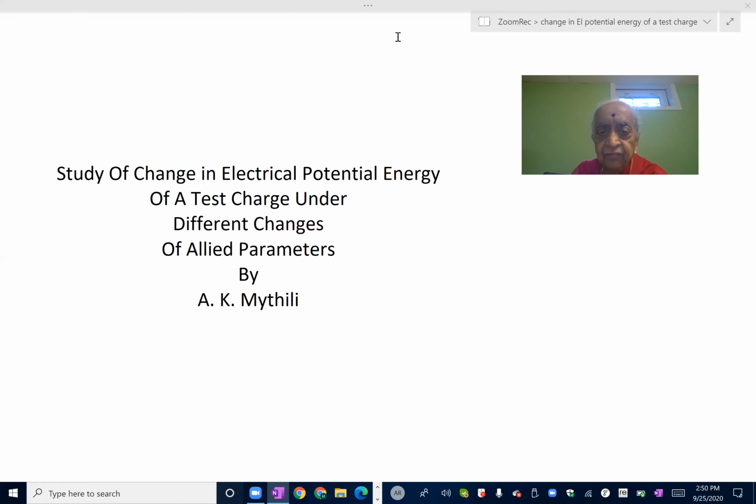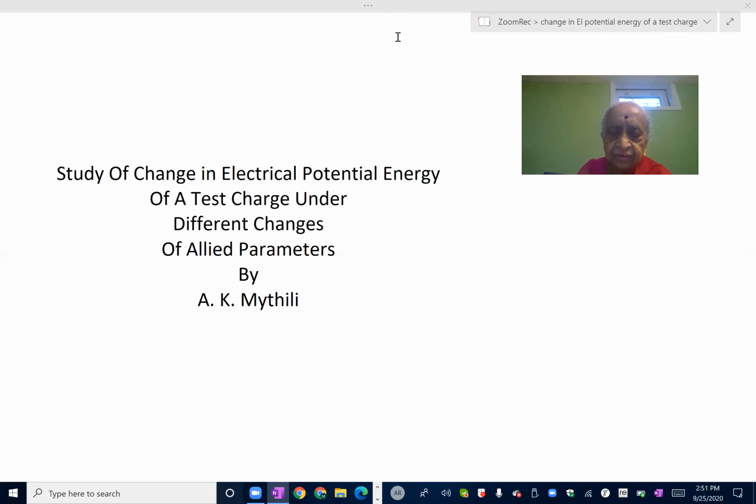We have an electric field under the influence of which the test charge is moving. So there are two charges called into play. One is called the source charge and one is called the test charge. The test charge is actually the main hero, on whose movement we are going to find out the change in potential energy of the test charge. Who is responsible for either increasing or decreasing the energy? The source charge is the one.